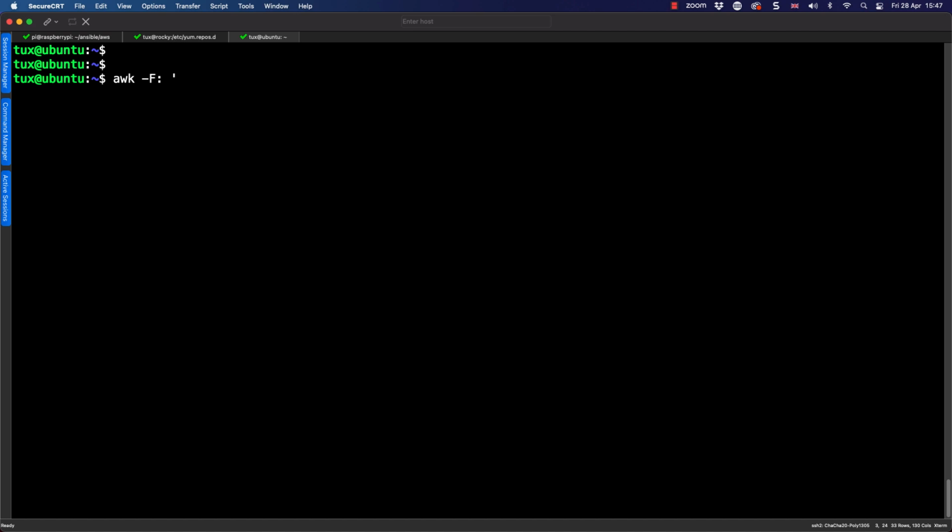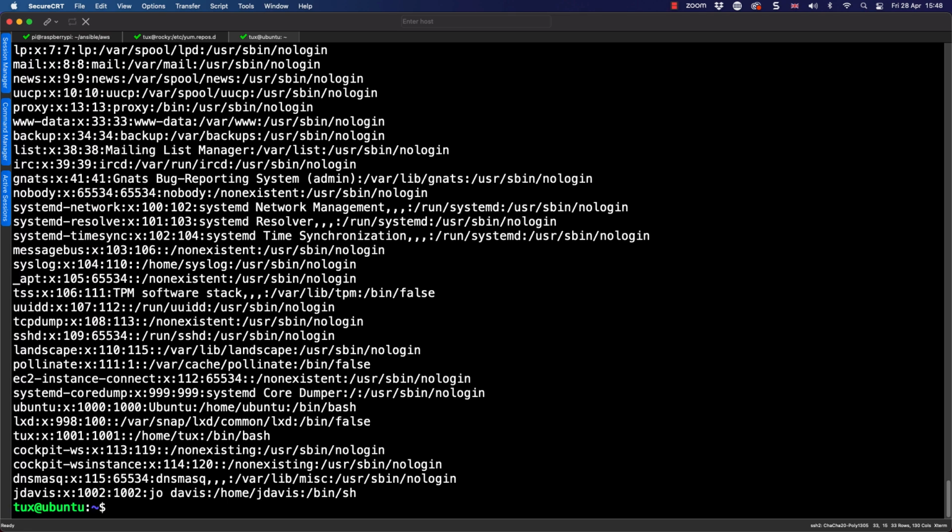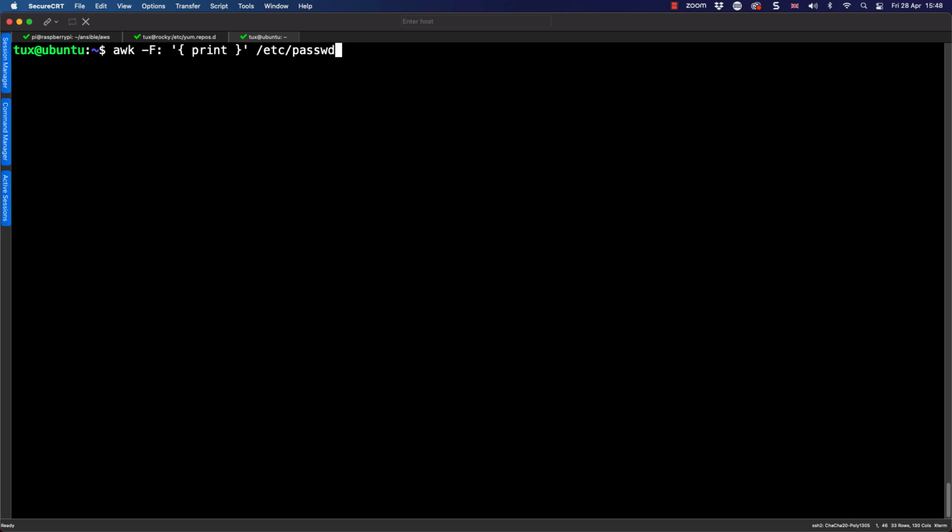Our awk command is going to be encapsulated inside of single quotes. And then we have a block of code. The unnamed block is the main block, and it never accepts a label, so it's just the brace brackets. And we can put the print function inside of this and then print out each line that we process from our passwd file. Now you're going to start saying, well, look, this isn't really that exciting. It's working just like cat. Well, yes, but we're just getting used to it, aren't we?